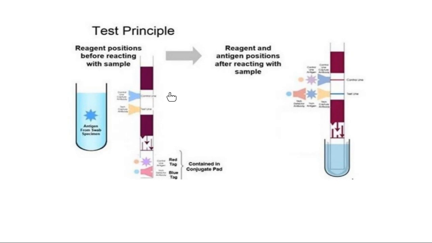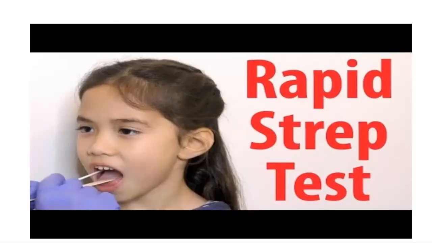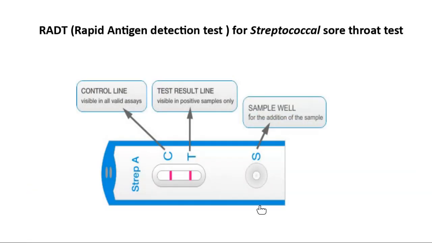Okay, the test is okay, and this line means the test is positive or negative. If there is no line, it means the test is negative, the test is valid. But if there is a line here, it means the test is valid as well as positive. Again, I'm showing you here. This is the test. It is a 5 minute video. You can see it by yourself, then your concept will be very clear, inshallah.